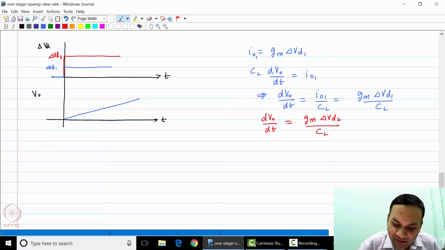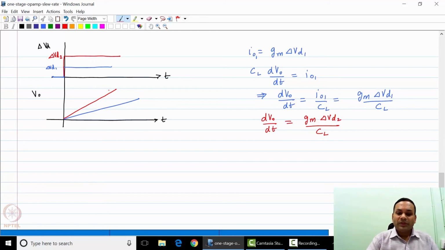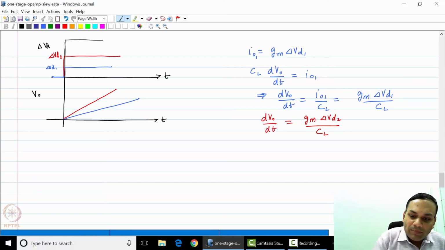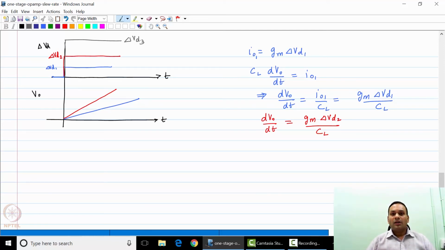So it would rise as a faster ramp. Now, if I were to apply larger and larger steps, let's assume I apply a very large step delta VD3, what would happen is that